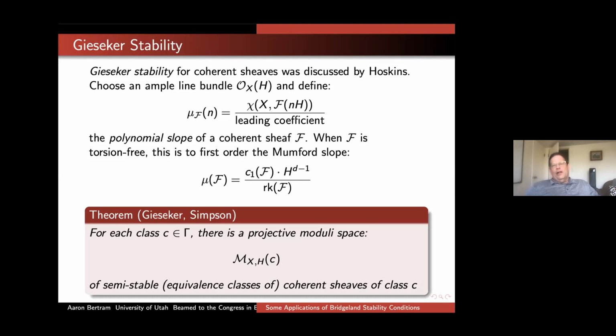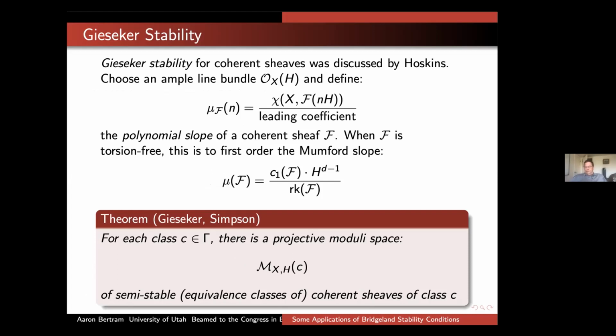And then this is the polynomial slope of a coherent sheaf that we use to compare sheaves with subsheaves. When F is a torsion-free sheaf, which was the setting in which Gieseker originally constructed these moduli spaces, this is just the Mumford slope to first order, which is first Chern class over the rank. And then in case of tie breaks, higher Chern classes of the coherent sheaf come into play. If F is a torsion sheaf, then it's something analogous. Anyway, the big theorem is that you define a stable coherent sheaf to be, as usual, one such that all the subsheaves have smaller slope,